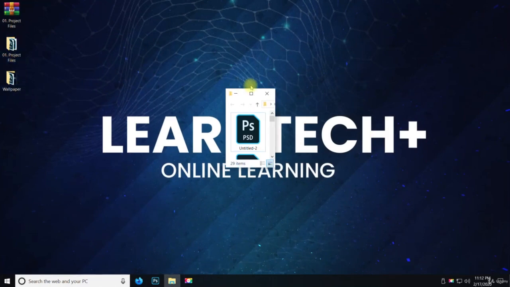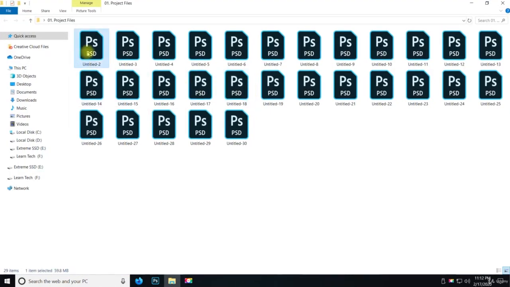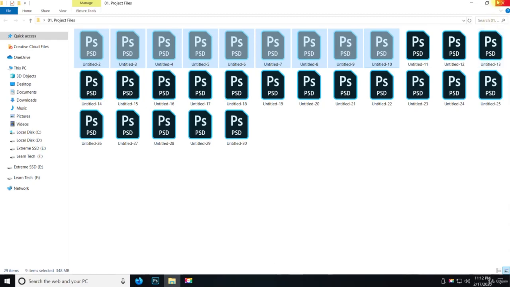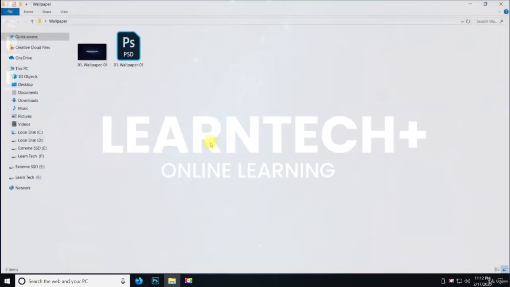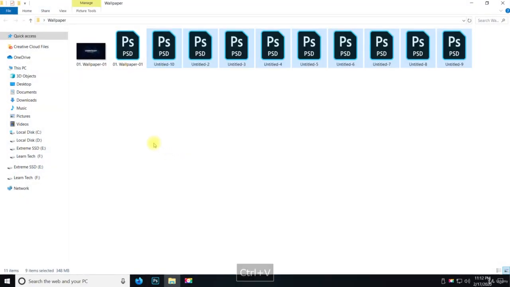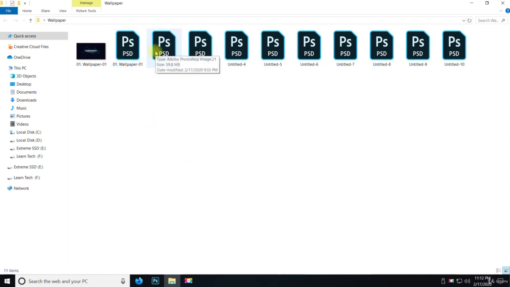Now what I want to do is close this and bring in more project files. So we're going to grab Untitled 2 to Untitled 10. We're going to hit Control C to copy, Control X to cut. We'll close that out, go into Wallpaper, and then hit Control V to paste. Then we'll refresh this, and it'll bring Untitled 2 back to the front. We're going to do the same format. We're not going to open all these up. All we're going to do is go right here, and I'm going to type in 02